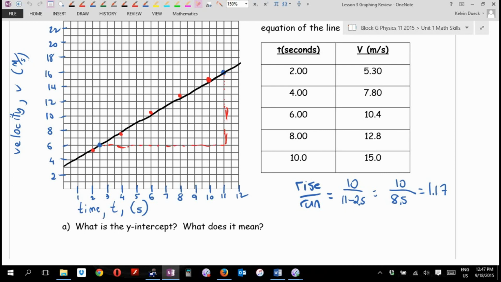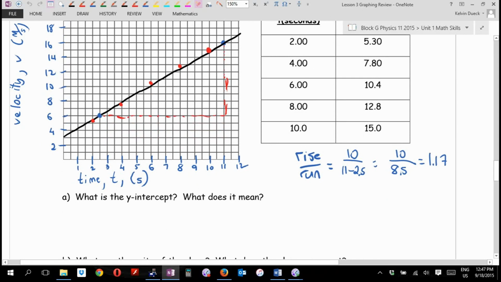Now, let's write the equation, the line of best fit equation. I write down my template, y equals mx plus b, except, Joseph, what's sitting on the y-axis? Which variable did I put on the y-axis? I'll give you a hint. It starts the word velocity. So I'm going to write v equals,